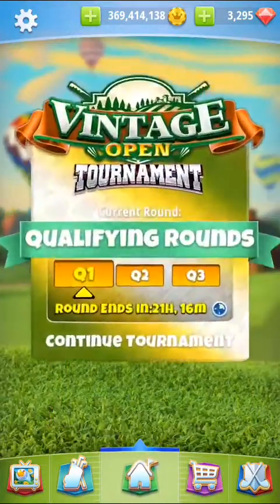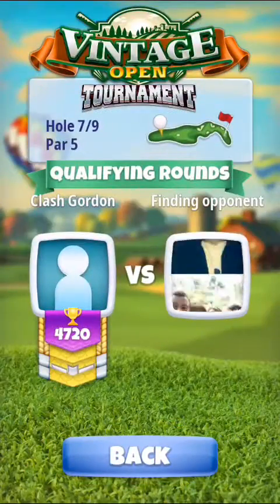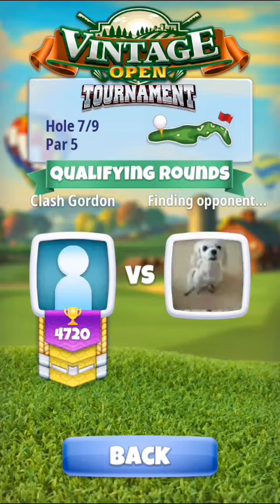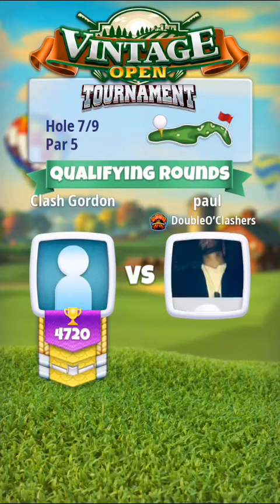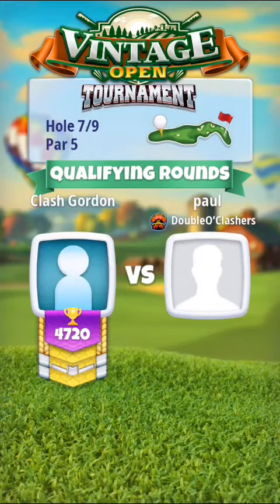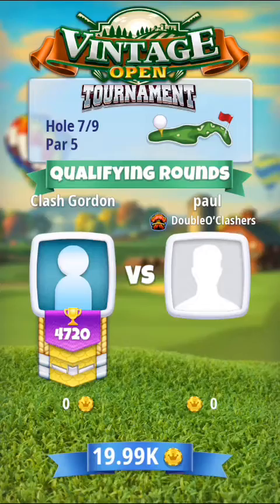I'm going to go quarterback and big dog for hole 7. We cannot reach the green in 2, but we can give ourselves a pretty easy opportunity for an eagle if we hit 2 good shots, so